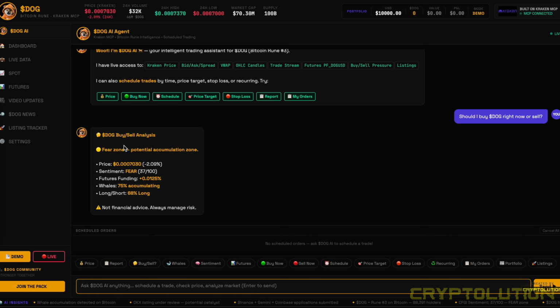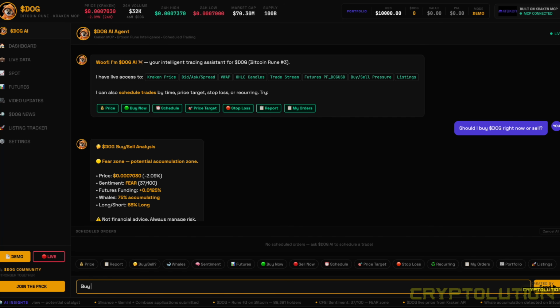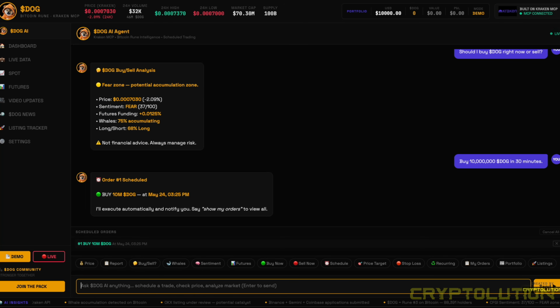So it basically is telling you what's going on, not if you should buy or sell, but just giving you the information on what you possibly could do. It isn't a financial advisor, so it will only do things based on what you ask it to do. So if I say buy 10 million dog in 30 minutes, press enter, it will tell you that it will